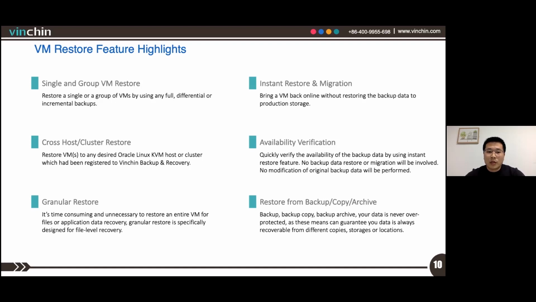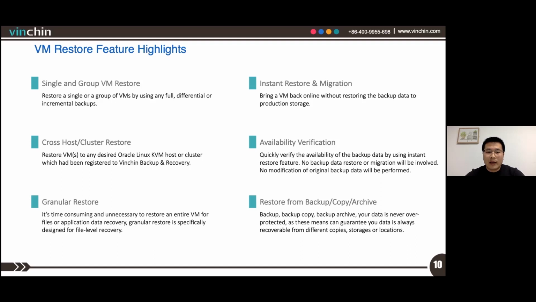The granular restore feature is very useful when there's only files or application data that has been accidentally deleted. And for some service critical virtual machines, the instant restore feature can help bring up a virtual machine in a minute. And the instant restore feature can also be used to quickly verify the backup data availability.